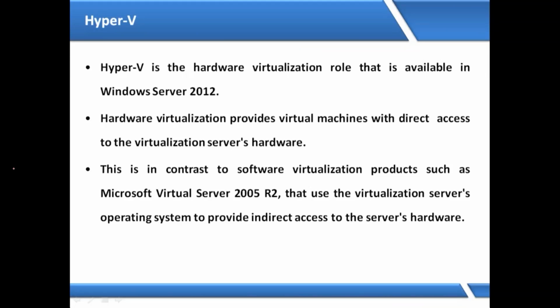So in hardware virtualization, these three resources are taken directly from the physical machine without any OS. In software virtualization, these three resources are given to the virtual machine with the help of the operating system. On an operating system, we have to create a virtual machine in software virtualization. So the virtualization which we are already using to do this lab, is it software virtualization or hardware virtualization? Tell me. Now see here,